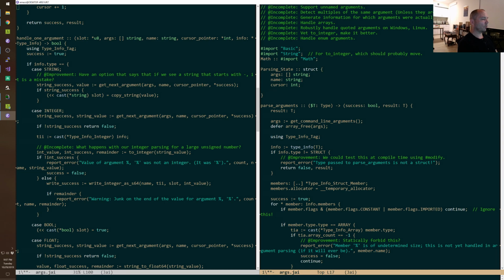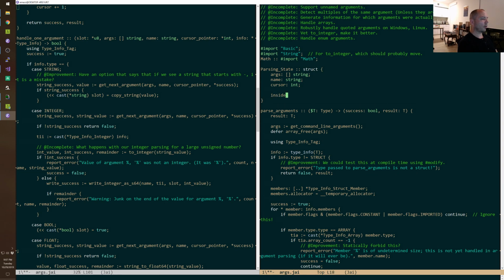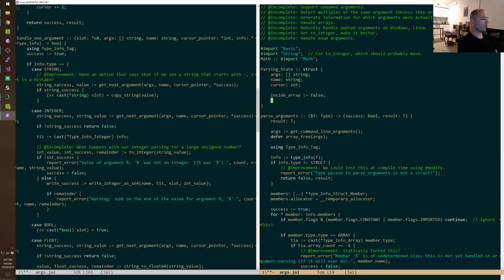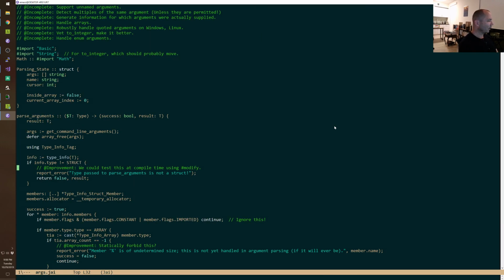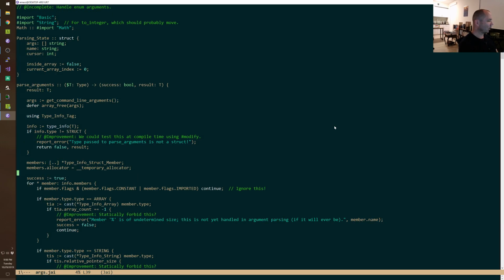And then what else do we want? We want inside array, which is false, and current array index is 0, right? And this is really the reason why we're introducing this. And at some point we just have a bananas amount of parameters, right? So anyway, here,